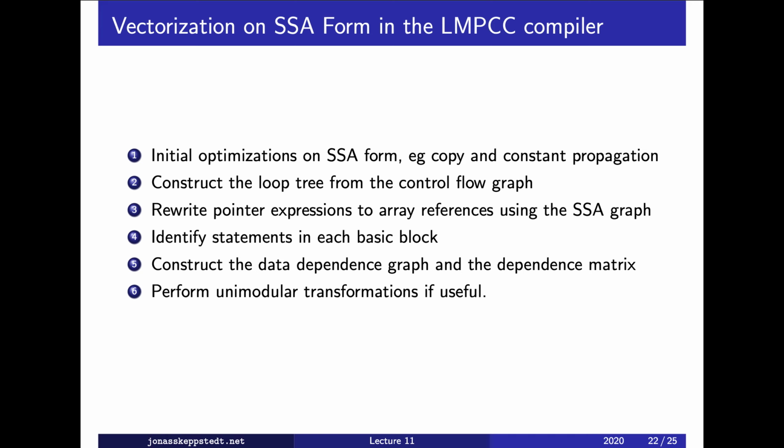Some remarks about vectorization and what is needed to handle the two DSP codes that we saw for SIMD vectorization. First, as I mentioned before, some initial optimizations such as copy and constant propagation, and then the loop tree is constructed from the control flow graph. What is very important then is to get rid of pointers, namely rewriting pointer expressions into array references. And that is done in a way which is, in some sense, similar to